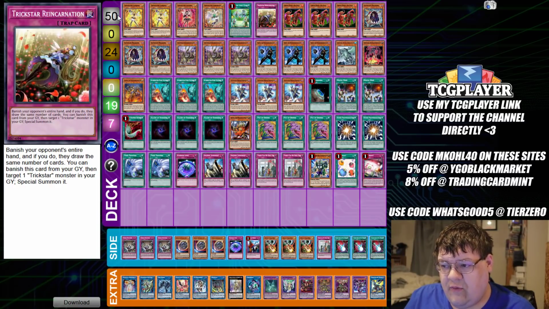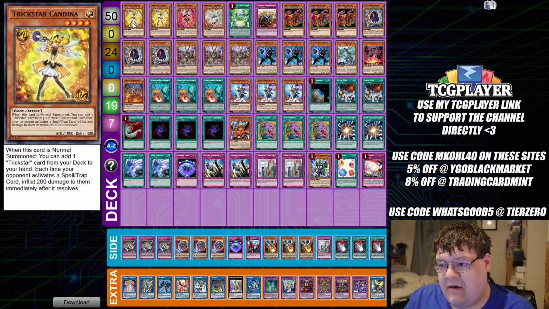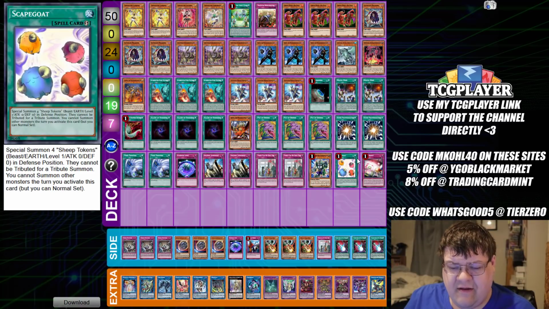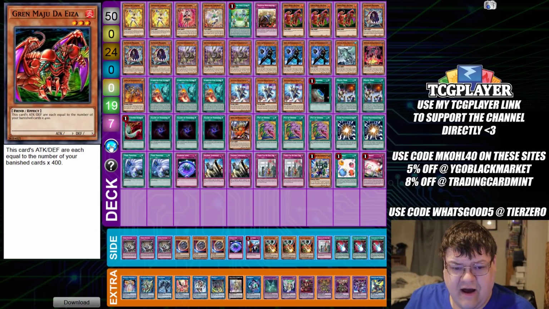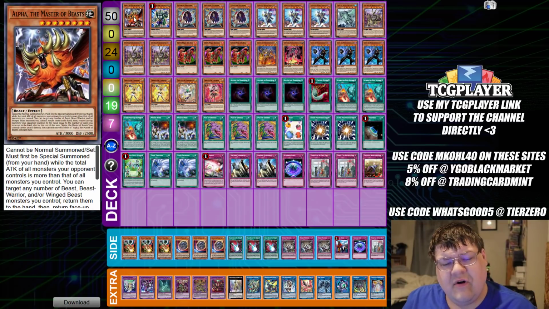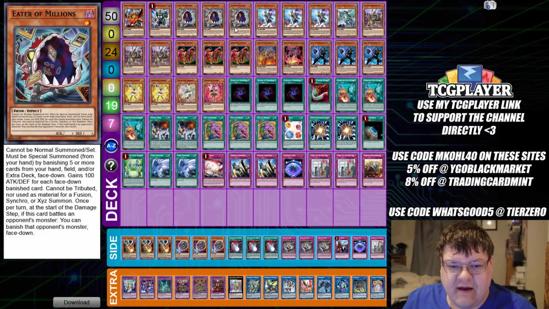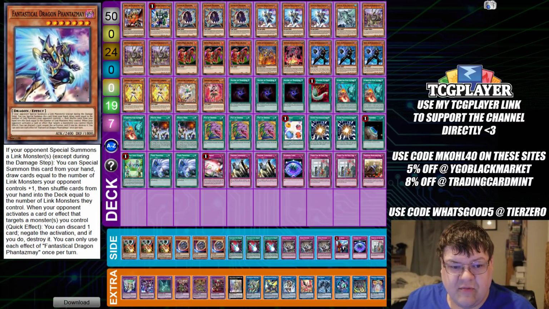This was George Fukushima's top 8 finish, actually winning the whole tournament here with Trickstar Gren Maju. There's actually a lot going on here with this list. So we have 1 copy of Alpha, the Master Beast, 1 Pinkertops, triple copies of Eater Millions, triple copies of